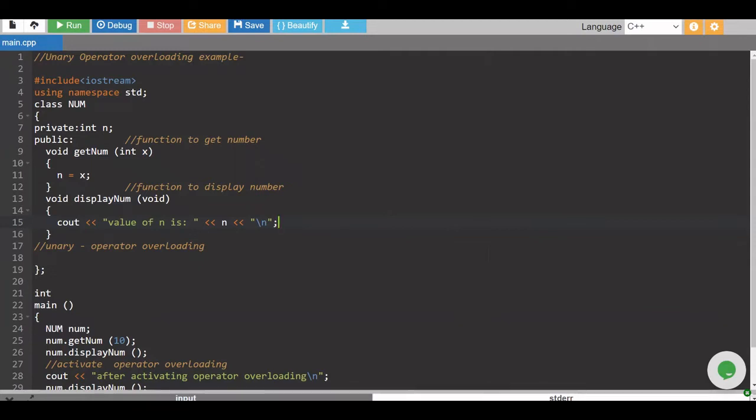Okay, so the syntax for operator overloading is like this.